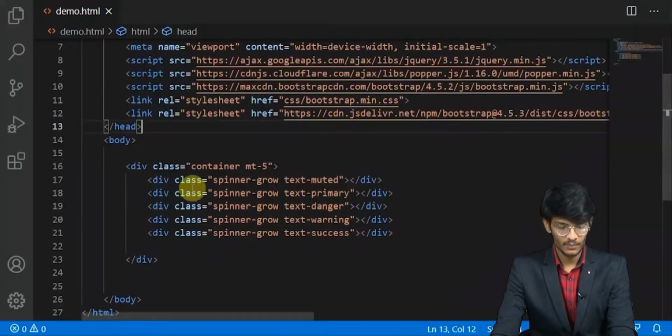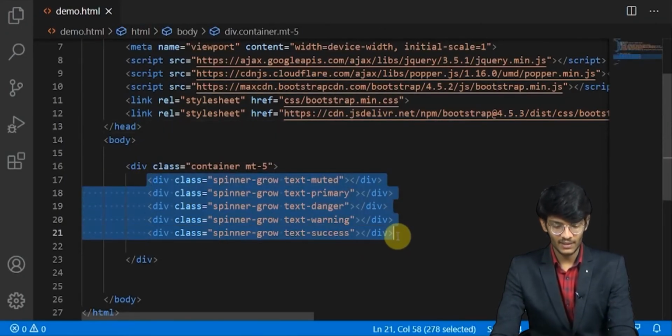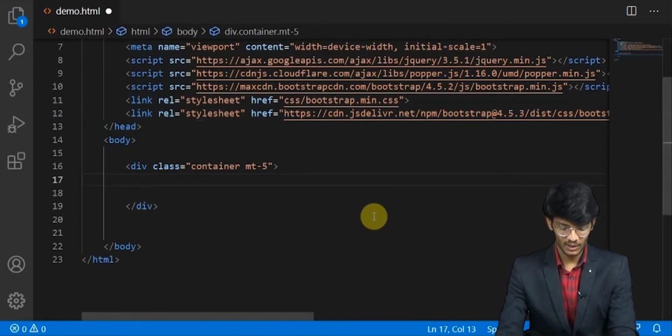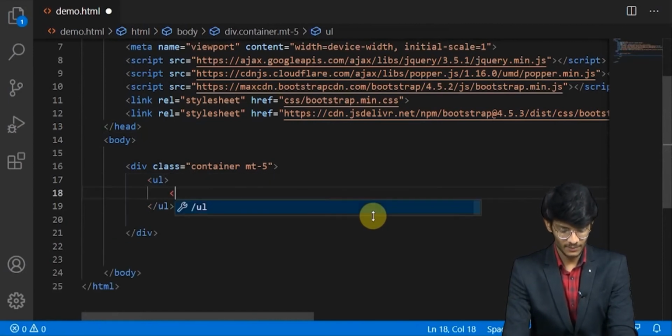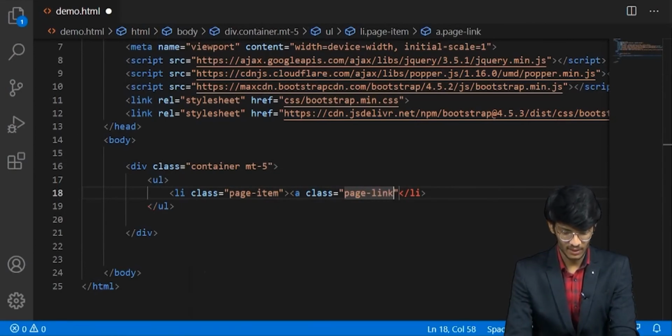Now moving forward to pagination. In pagination we will have to use a UL tag, the basic list tag, and we'll give the list class page item. We'll close this and we'll open an anchor tag, and that will be page link.